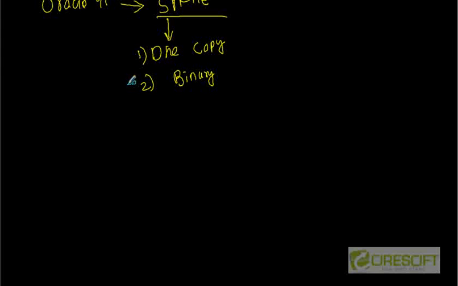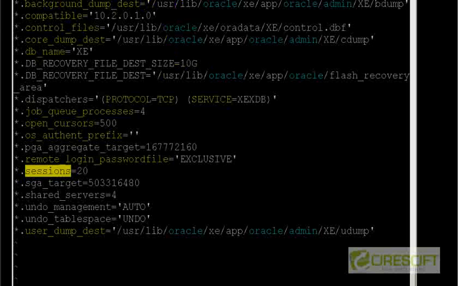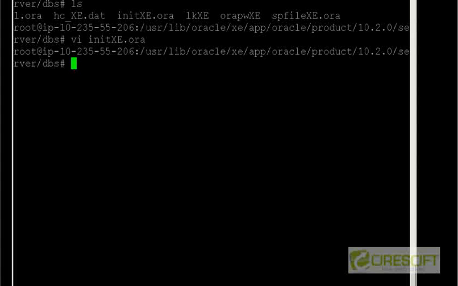You can use the historical P file, but Oracle always recommends you to use the SP file to start up the database and to rely only on the SP file. Now let's do some hands-on so that we can explain what is really going on in the background. So first I'm